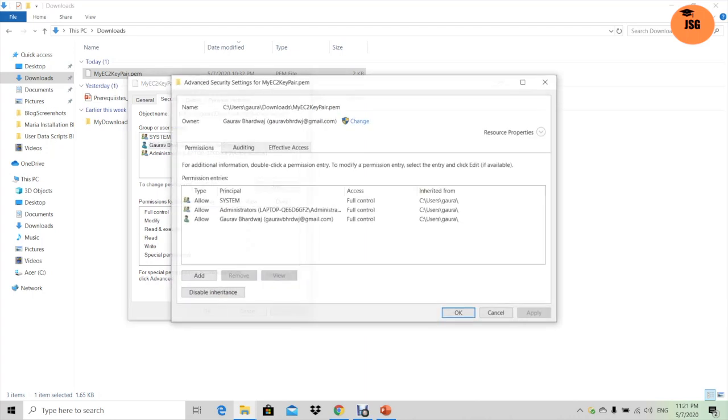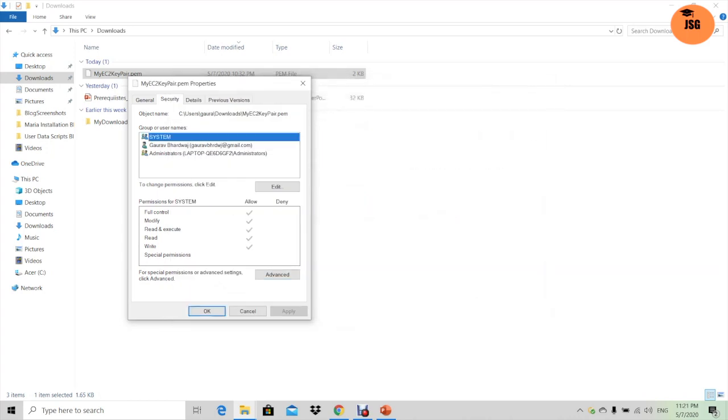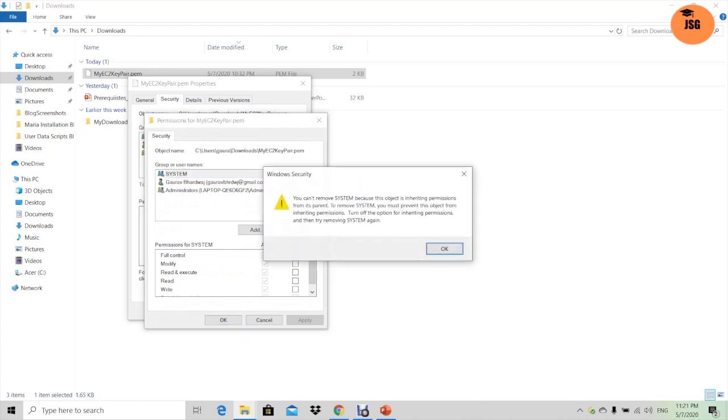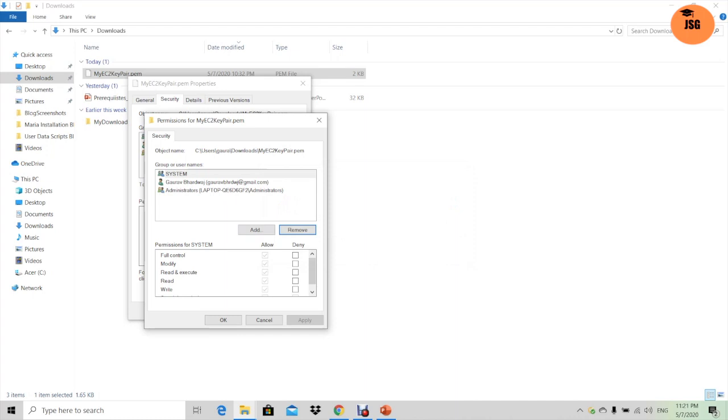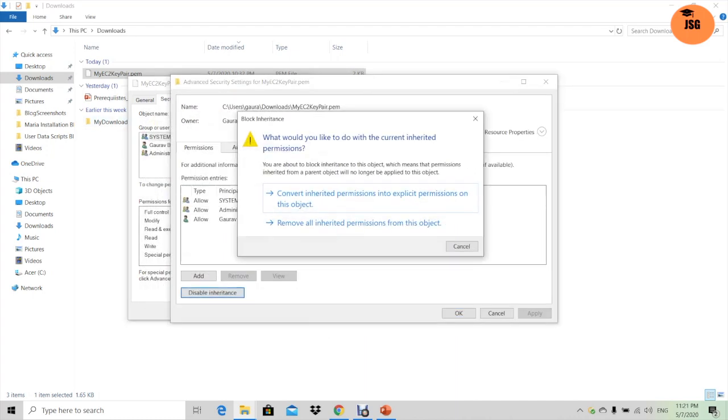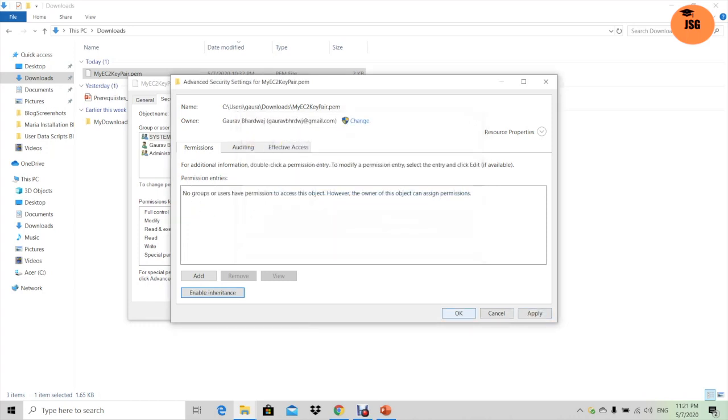So if I select system and say edit and remove, it's not allowing me to remove this. It says you can't remove system because this object is inheriting permissions from its parents. To remove system, you must prevent this object from inheriting permissions, so turn off the option for inheriting permissions. So I have to go to advanced and then I say disable inheritance and remove all inherited permissions, and then it's gone.